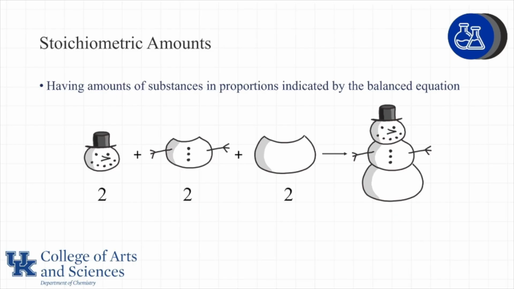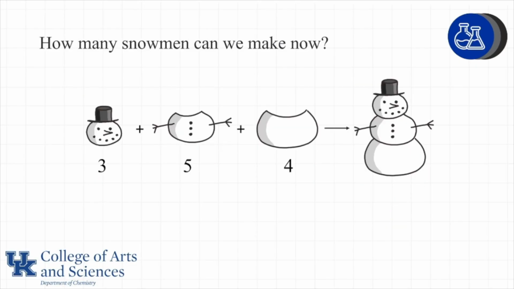The same thing would be true if we had two heads, two middles, and two bottoms. We could make two snowmen with none of our parts left over at the end. But what happens when we no longer have stoichiometric amounts of each reactant, or in this case, snowman parts? For example, if we have three heads, five middles, and four bottoms, how many snowmen can we make? We can only make three